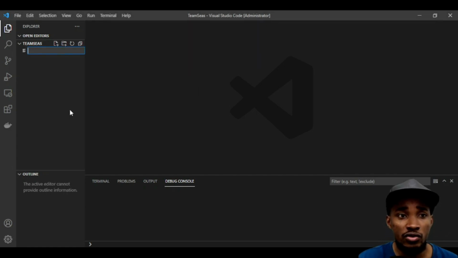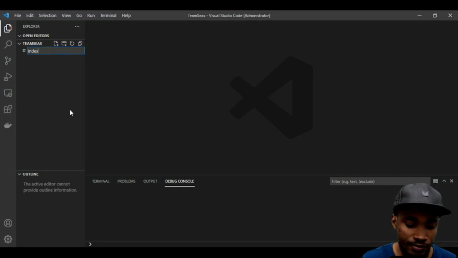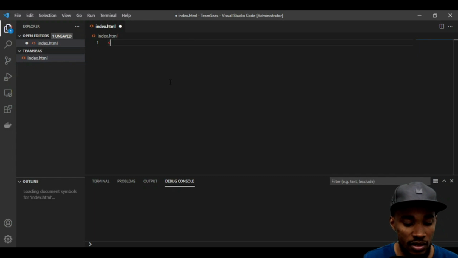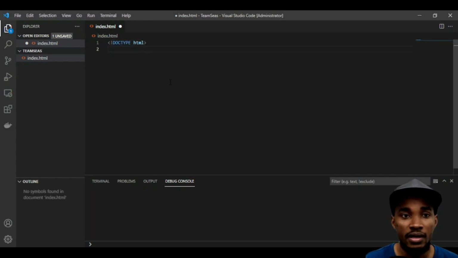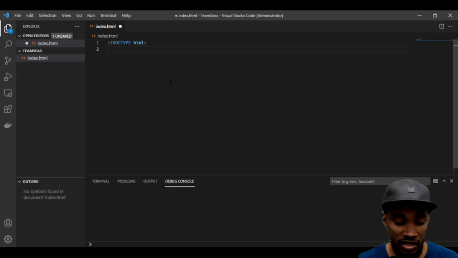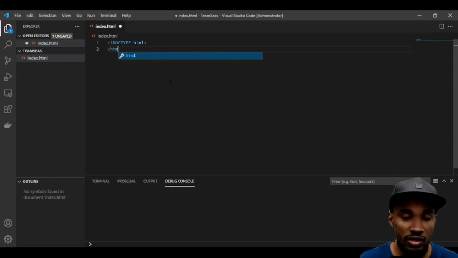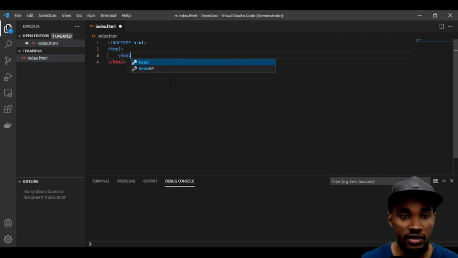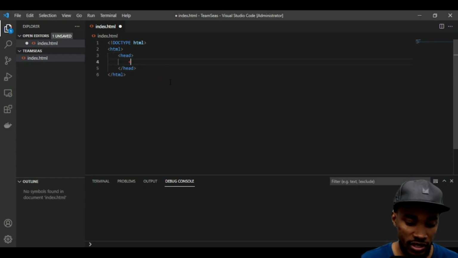So the first thing you want to do is create your index page. I'm going to be quite fast here, so just bear with me. First, I want to give my doctype HTML, which is HTML5, and then we put in a structure there. In the HTML, obviously you're going to have a head, and in your head you have a title,